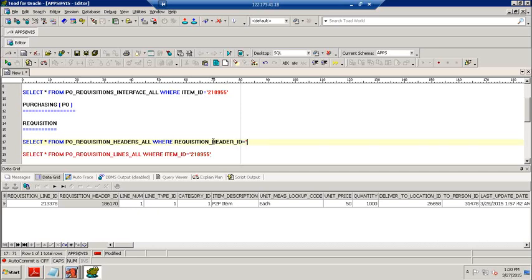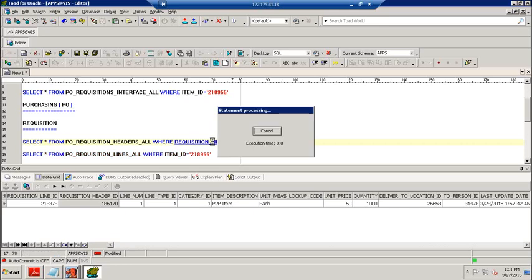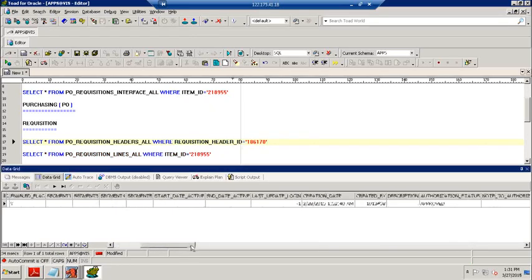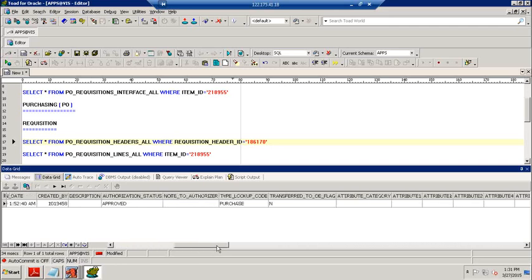So here I am giving 186170. Now it clearly shows our requisition number. Where is it stored? What is the column? Segment 1 column. This is our requisition number.